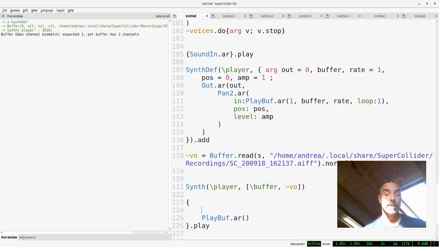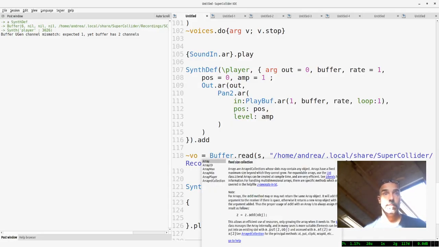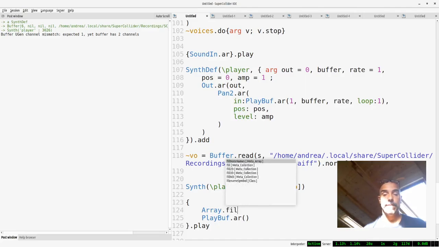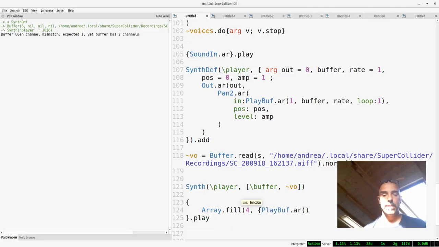We can have an array fill, and let's say 4, arg a. Now what we are doing, I did something wrong here, is that we are using this to play